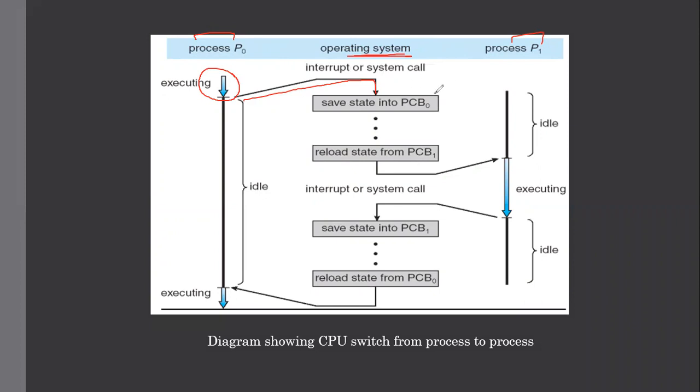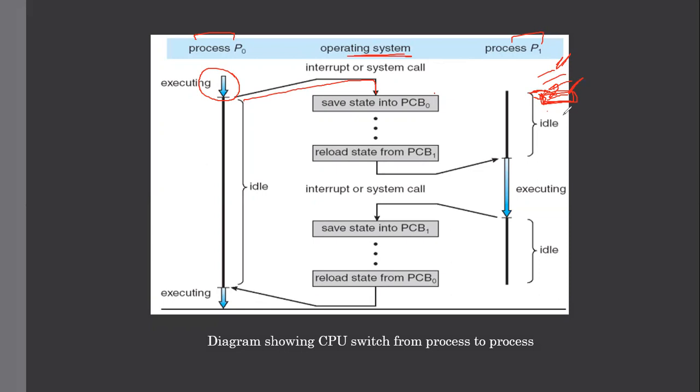Before switching to some other process, first we will save the state into the PCB. Suppose there are multiple instruction lines, and the CPU is currently executing this particular instruction, and then this interrupt occurred. You will have to save the information that the next instruction to be executed is this, right? If you have this information, then the next time you come back, you can start executing from here. Obviously you will not start from the first line again.